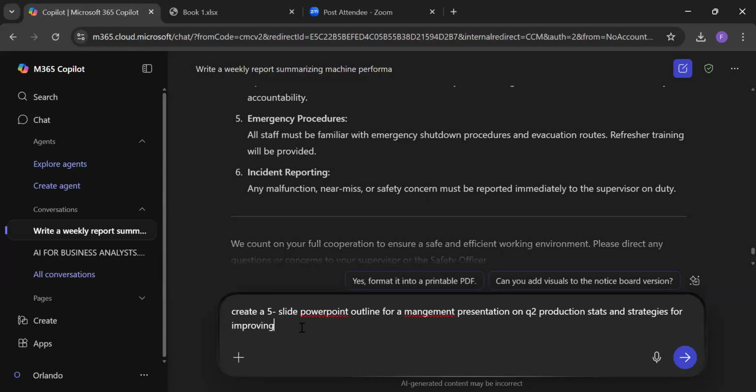Maybe you're in the second quarter of the year, and you want to analyze and improve efficiency for the third quarter of the year in your organization. So you can just generate it.